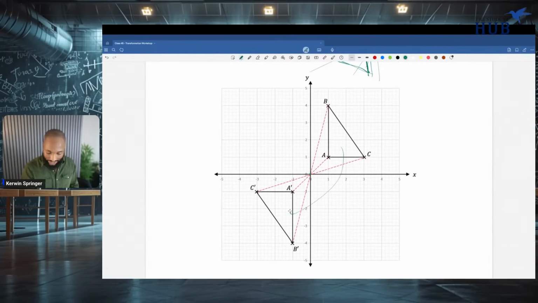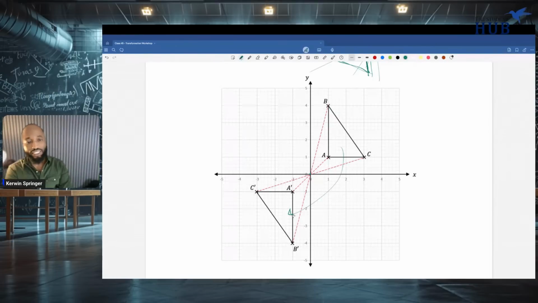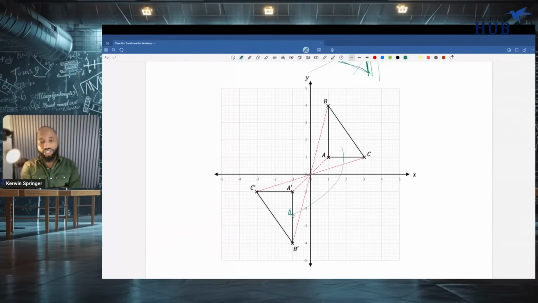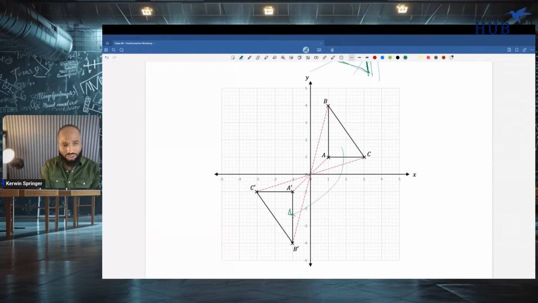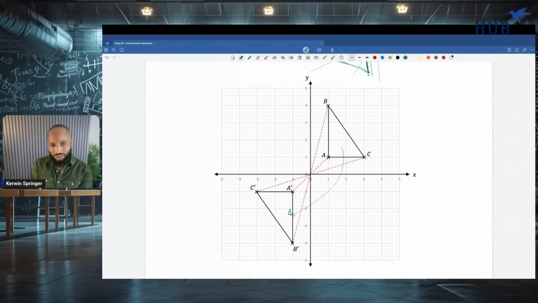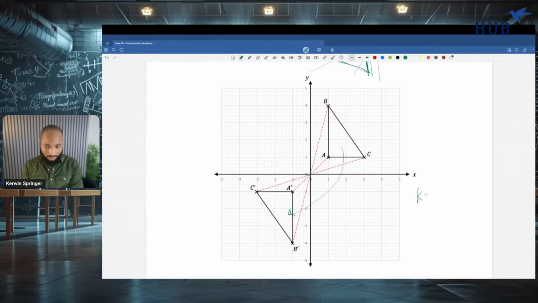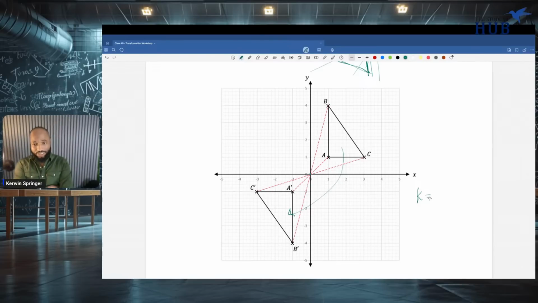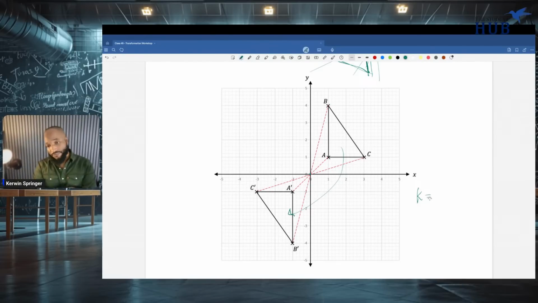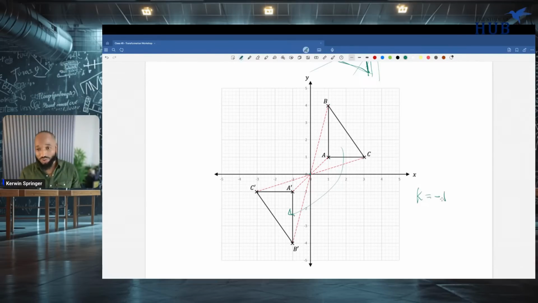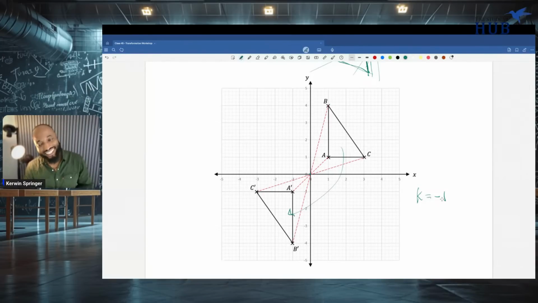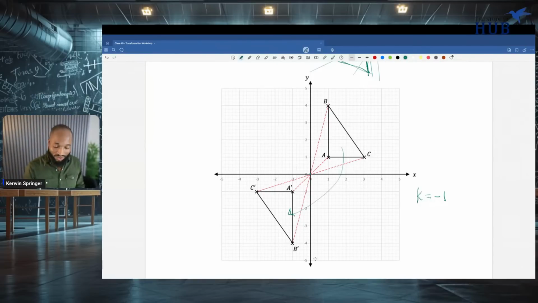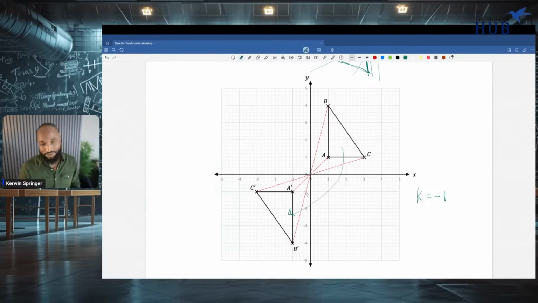origin. What do you think the scale factor of enlargement is in this case? Look at this. What do you think the scale factor of enlargement is here? Hint. Did it even enlarge? And then enlarge. Scale factor is what? It's the same thing. So the scale factor has to be very good. And remember to put the negative sign, not 0. If the scale factor is 0, we have real problems. It's -1. It's 1. So when the scale factor is 1, it remains the same size.